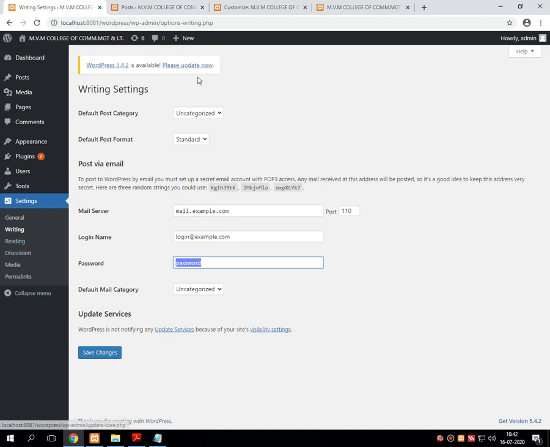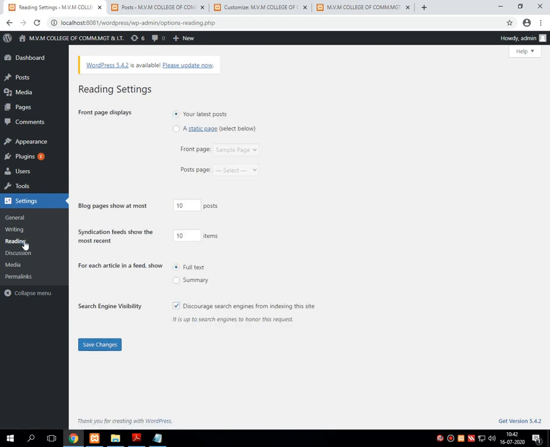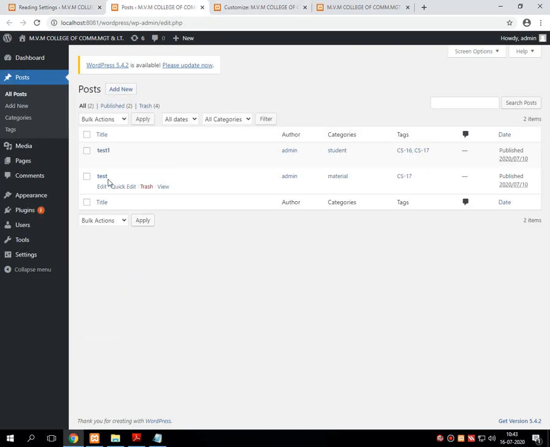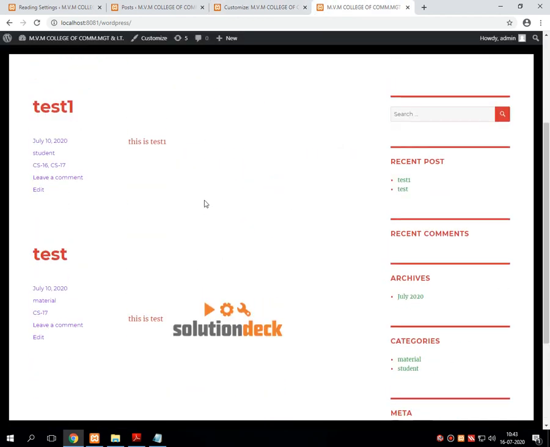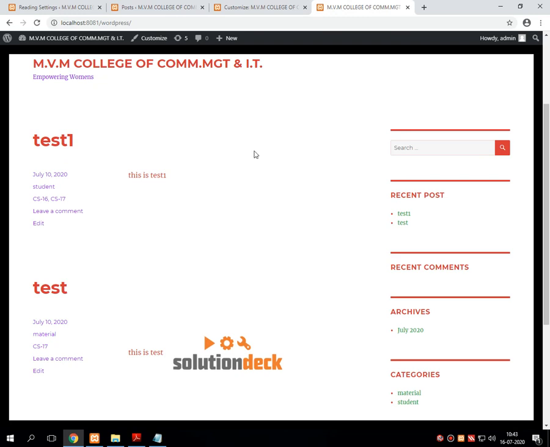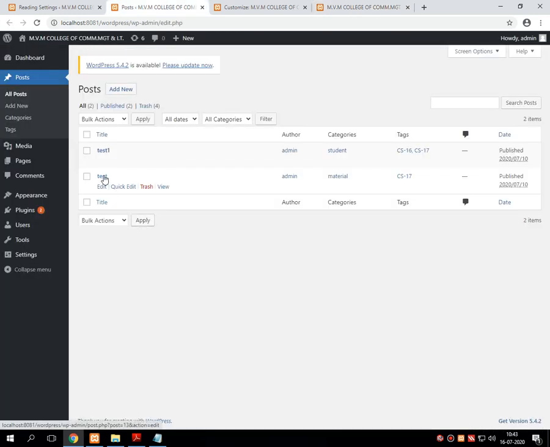Now all these settings work with posts, because in a post users can give their comments, and that is called writing. Next one is reading. Reading is related not to the post but to the page, which can be displayed as a front page on the screen. Right now, suppose we are executing this particular page on the screen. It's one type of page. Now suppose I am executing this one.